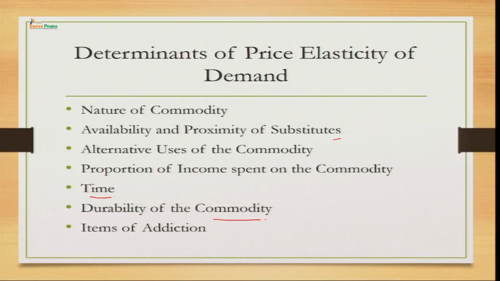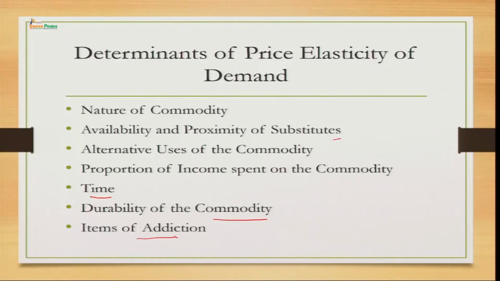Then we have durability of commodities. Yes, the commodities which are of recurring nature, which we demand again and again, are of inelastic nature, whereas durable consumer goods are having demand of elastic nature, because we are not demanding them again and again. So, whenever we demand them, we usually refer to their prices, and we can also shift their demand for a period of time. So, that is why the demand for durable consumer goods are of elastic nature, whereas demand of those goods which we demand again and again, are of inelastic nature.